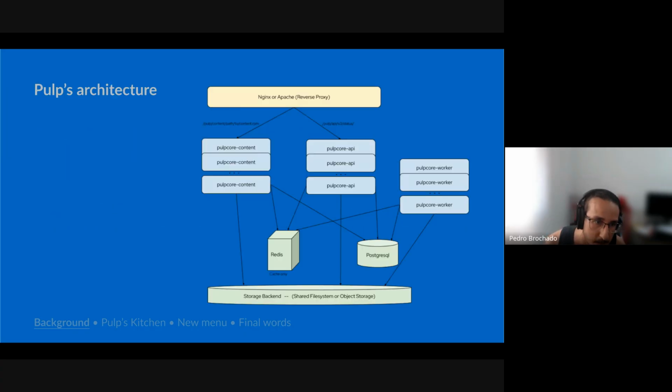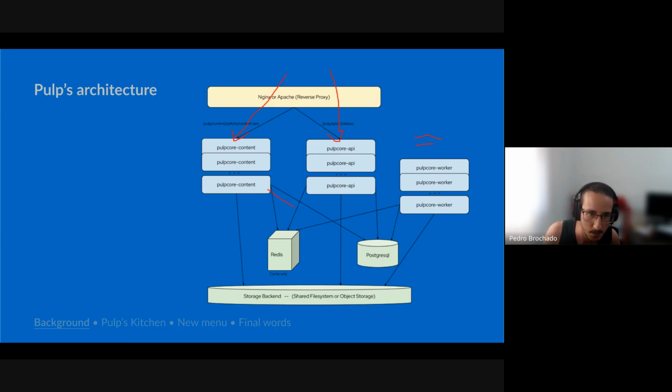Here's a brief overview of Pulp's architecture. There are three components. A serve request will go here, like if pip wants to get some content. A general operation like sync or upload will go to the API. And the worker does not talk to the outside world.